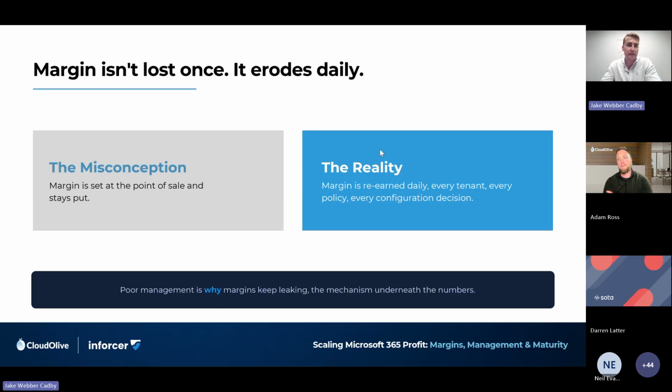Yeah, absolutely. And I think this part is all about how do you protect margins and keep them super high for the managed service contracts you've already sold, right? And what we've seen, especially when it comes to Microsoft, is there's just a lot of manual work that happens behind the scenes that isn't necessarily accounted for.